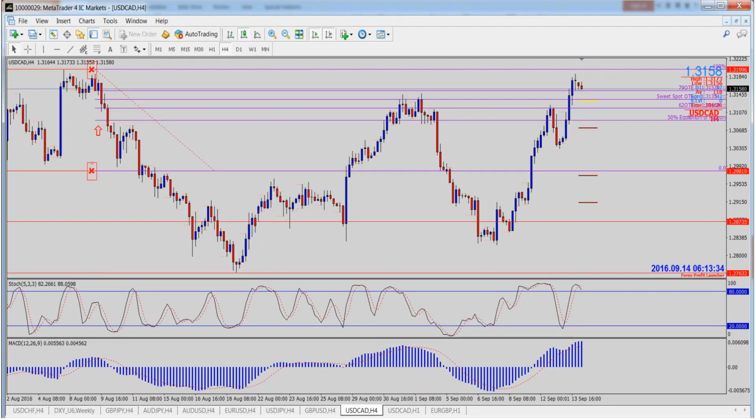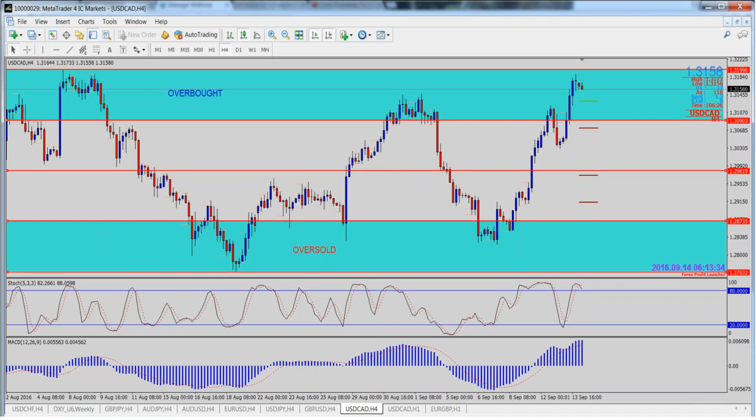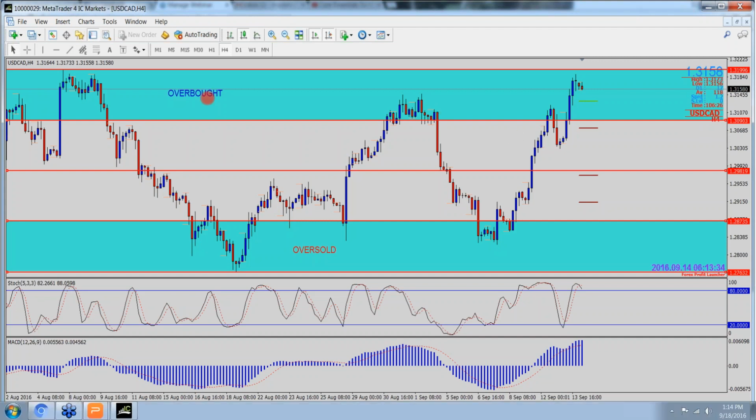So as you can see, plant it there on the bottom here, and then the next one I'm going to plant is right here at the 50%. So then that gives me, if you look here, my overall Fibonacci was from the top to the bottom of the range, plotted out my